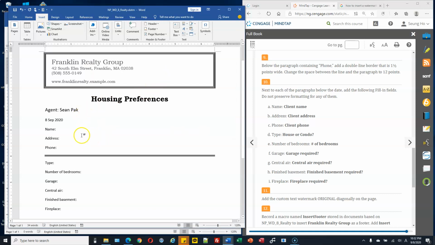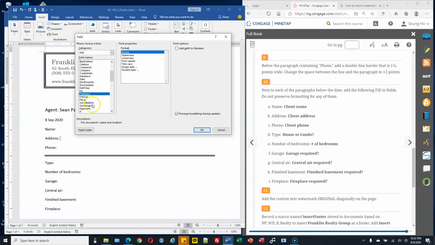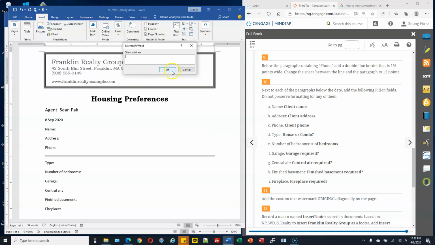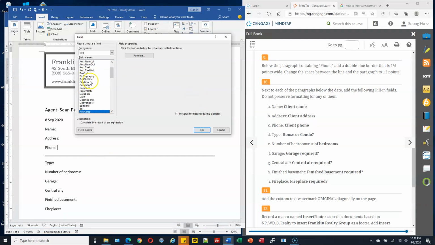And press OK. And address, the same. Address is quick part field, select fill in, and then prompt is client address, deselect preserve, OK, OK. Phone. Okay, you do the same thing. Just follow the instruction, field, and then fill in. Keep repeating this. The phone is client phone,